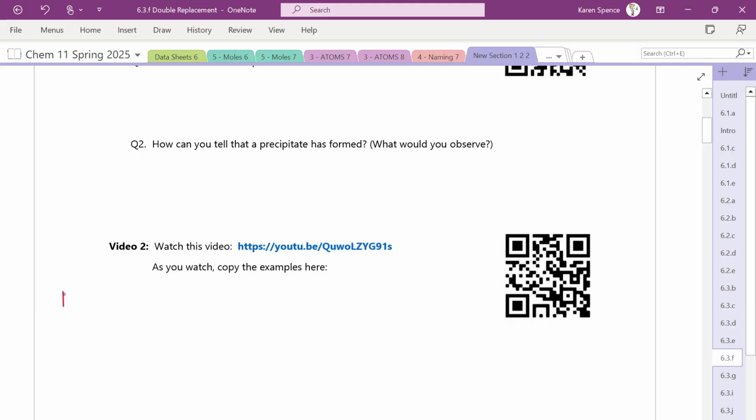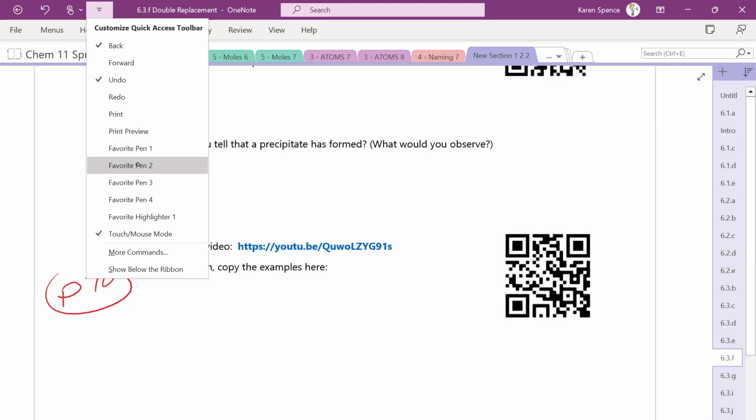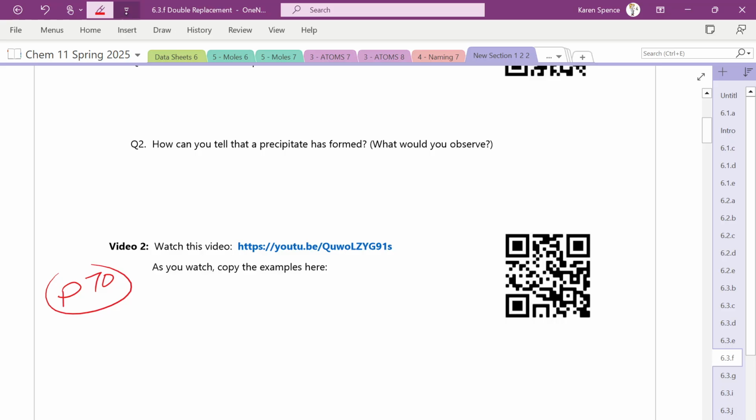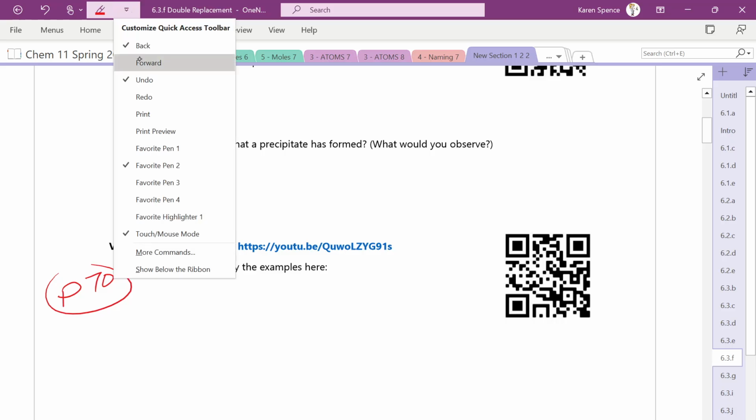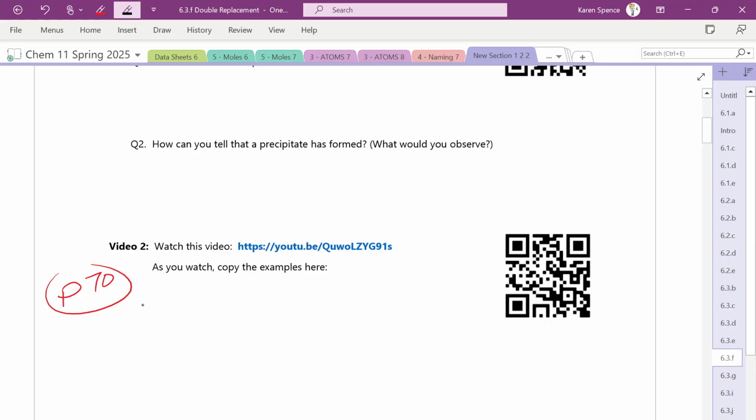Page 70. And the two chemicals that we have are potassium iodide, KI, and it is